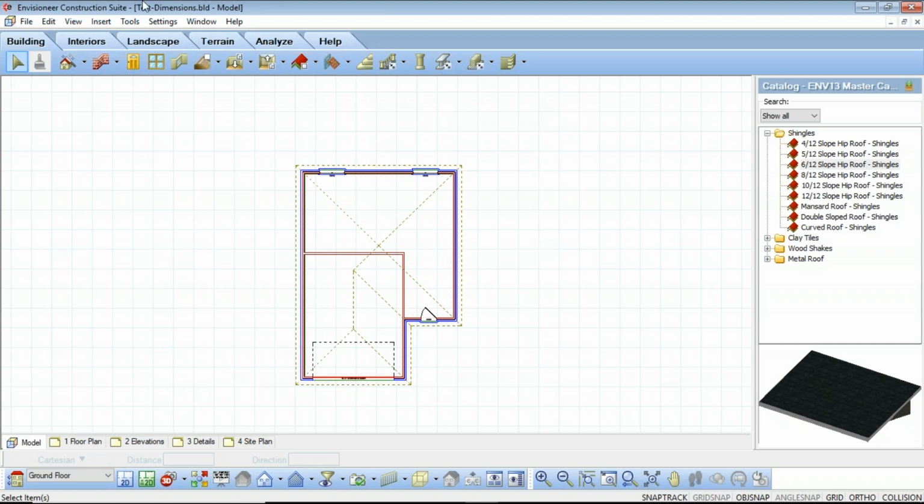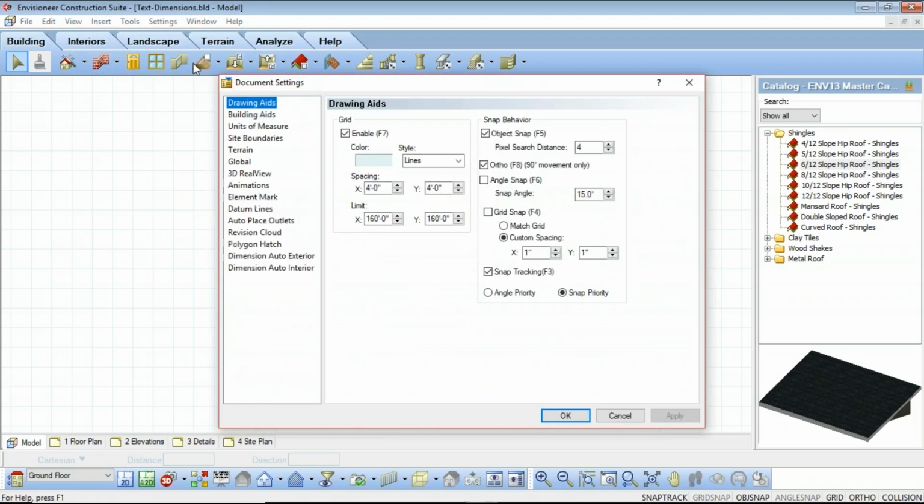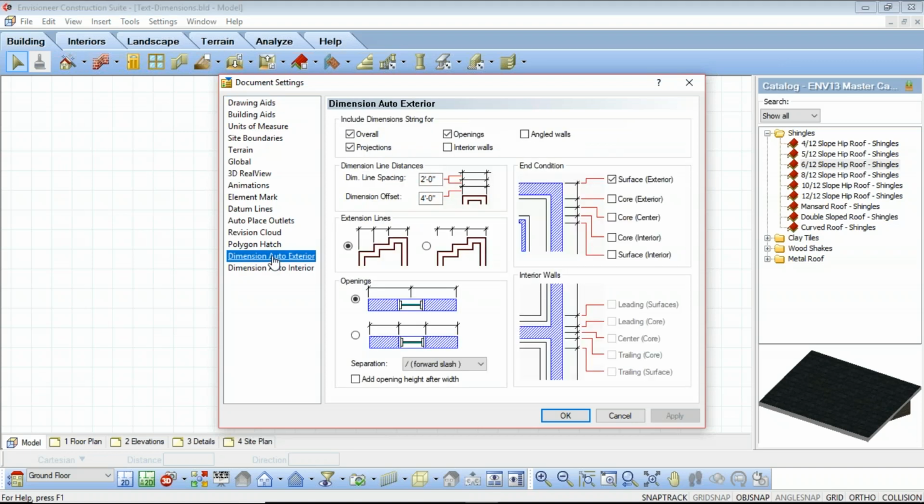And to do that, you're going to go up to your settings, and you're going to select the Document Settings option. And under Document Settings, you're going to see down at the bottom here, there are two options, Dimension Auto Exterior and Dimension Auto Interior. We're going to first click on the Dimension Auto Exterior, and it's going to bring up a panel on the right-hand side of that dialog, which allows you to go through and make adjustments to different